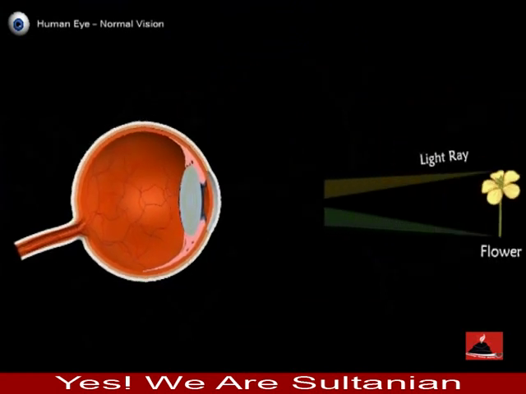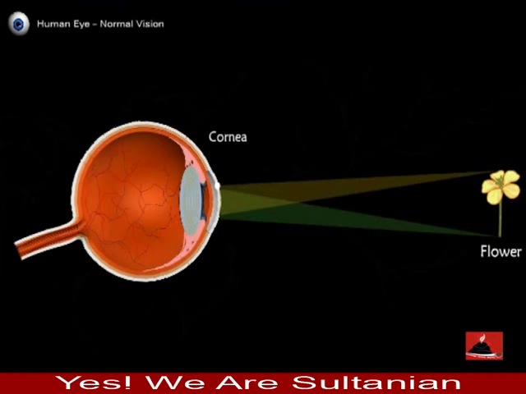Light from the object enters the eye through the cornea, the clear dome-shaped surface that covers the front part of the eye. From the cornea, the light passes through the pupil. The amount of light passing through the pupil is regulated by the iris, the colored part of your eye. From there, the light then hits the lens, the transparent structure inside the eye that focuses light rays onto the